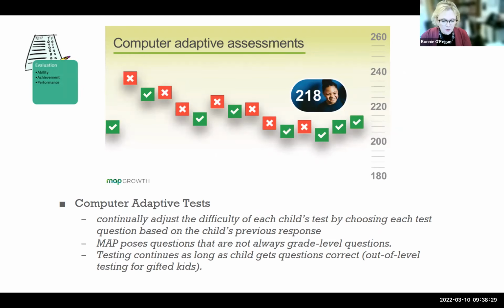If your child answers a question correctly, the next question is more challenging and can be above grade level. If they answer incorrectly, the next one is easier, adapting so students are answering questions correctly approximately 50% of the time. This type of assessment challenges our very top performers without overwhelming students whose skills are at or below grade level. Now let's look at what some of the types of questions are that students may see.